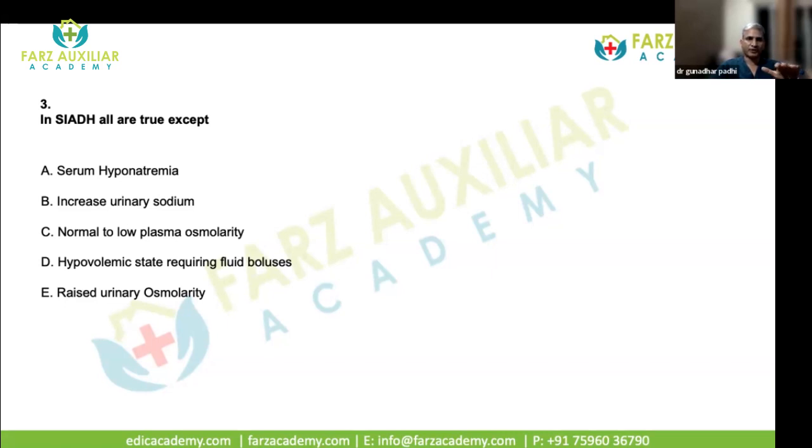Okay, so if you go through SIADH, typically it is one of the euvolumic hyponatremia, and normally here we find that the urinary sodium levels are usually on the higher range, more than 100, and the urine osmolality is also in the higher range. So basically the urine osmolality is raised, the urinary sodium is raised, and it is a euvolumic hyponatremia. So most of the SIADH settle with fluid restriction compared to other hypovolumic hyponatremia and other groups of hyponatremia. So here you need to restrict the fluid, and of course